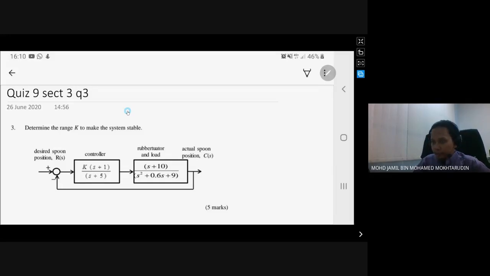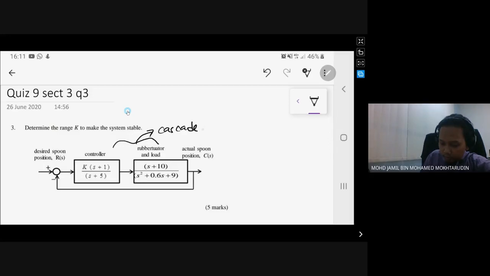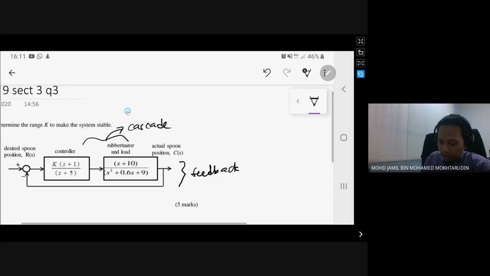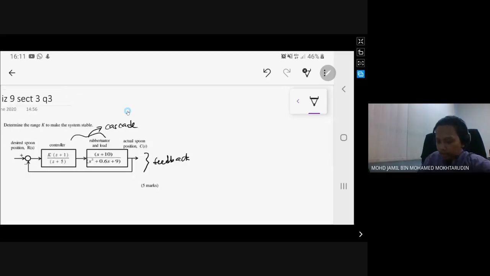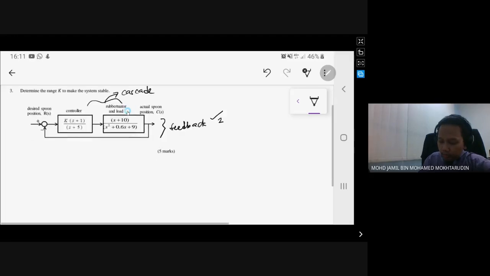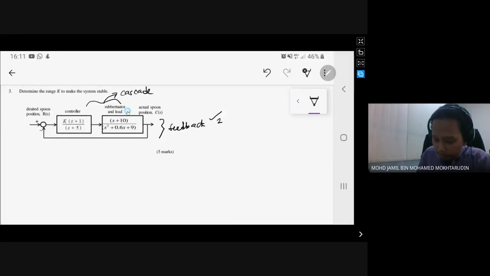So the first 2 marks: first you simplify cascade and then feedback. If you have cascade, feedback, and simplify, you get 2 marks here. And then you calculate. You simplify the system. So C(s) over R(s) is